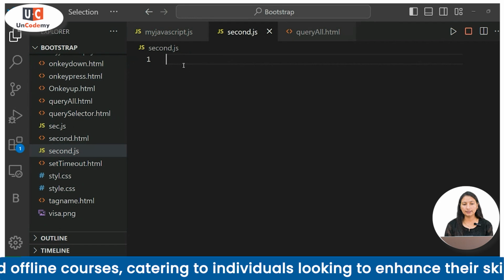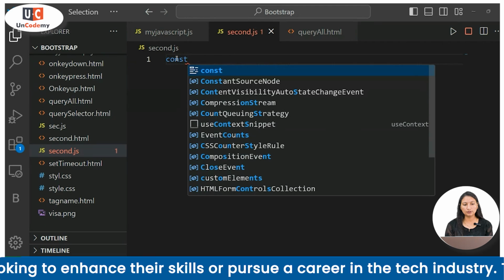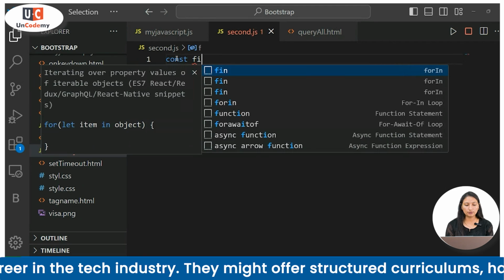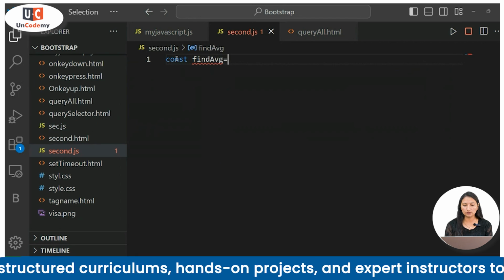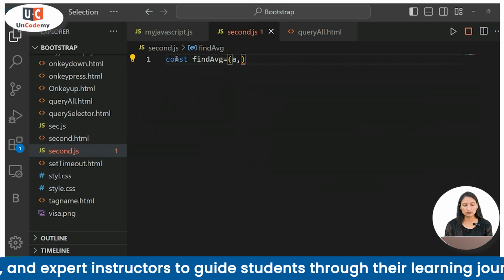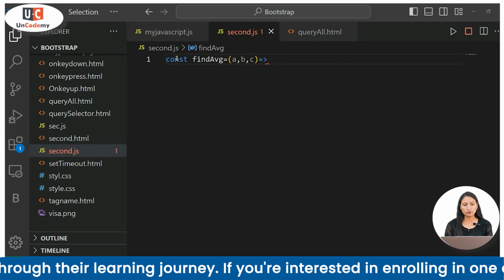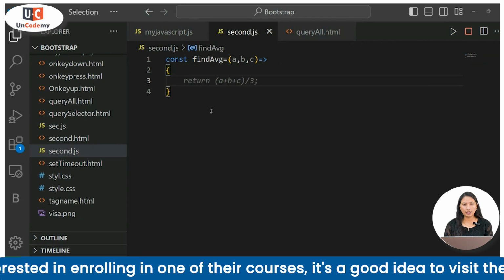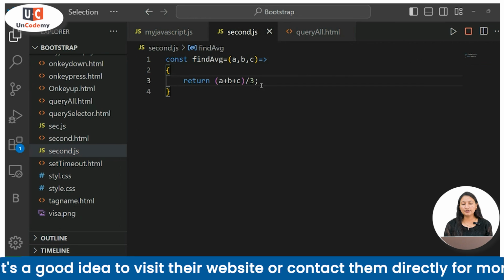second.js, and in the second.js file you have to create a user defined variable or a function. For example, your function name is findAvg, findAvg is equal to, and if you want the average of three parameters a, b, c, after that you can use an arrow function, and you have to return (a + b + c) divided by 3.